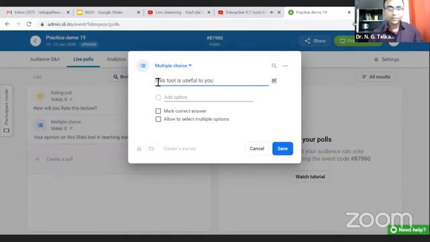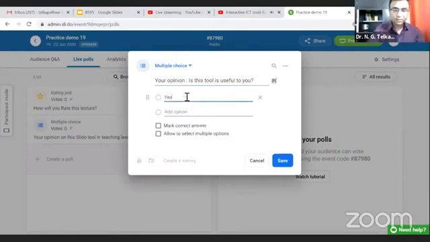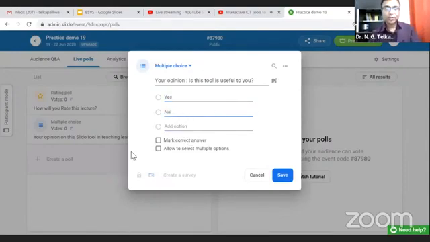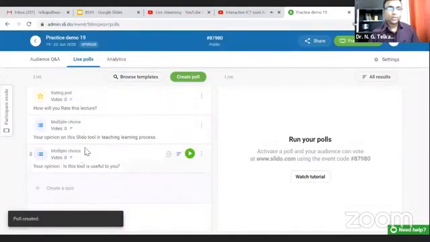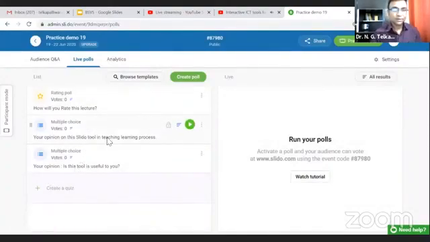Your opinion, is this tool useful to you? So I am writing here yes or no. So this is a poll type question, and therefore there is no need to mark the correct answer here. For quizzes there is an option, the mark as correct option, and just click here. So these are the different types of options.